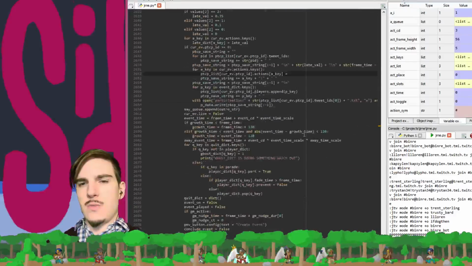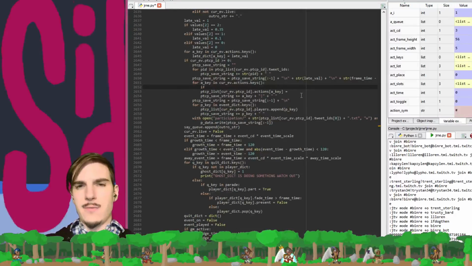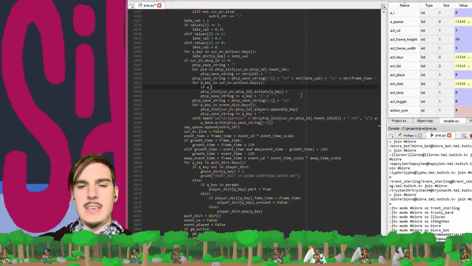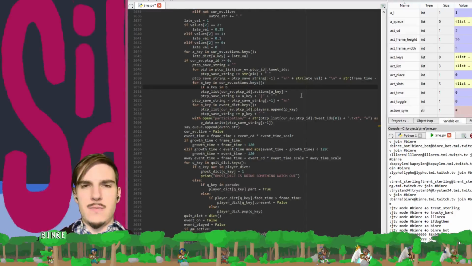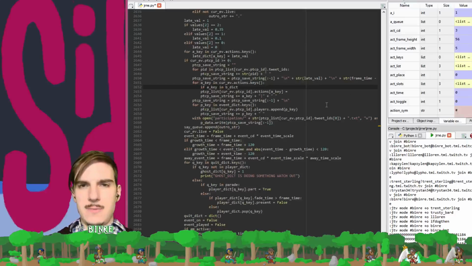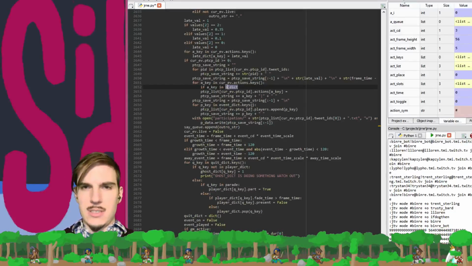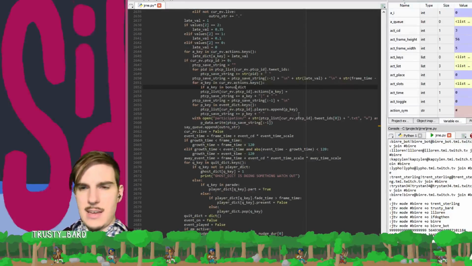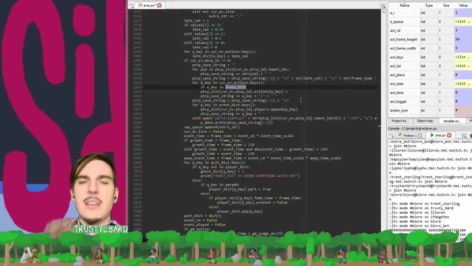So okay, if a key in bdict, is the bonus dictionary, or do I call it bonus dictionary now? I forget. I might have changed its name. Yeah, I probably changed its name to bonus dictionary. Yeah, okay. So if a key in bonus dictionary dot keys,